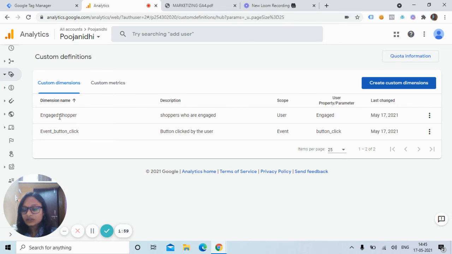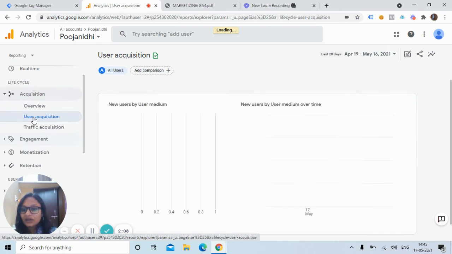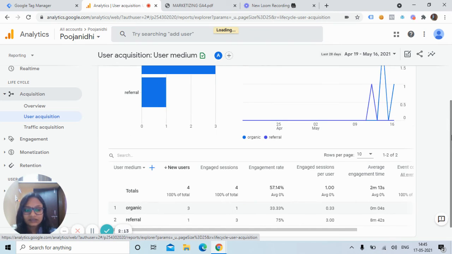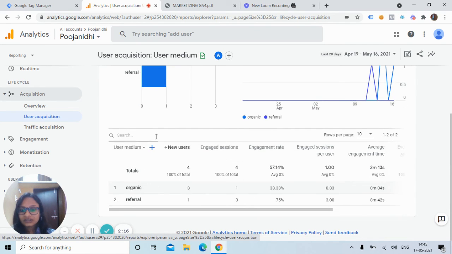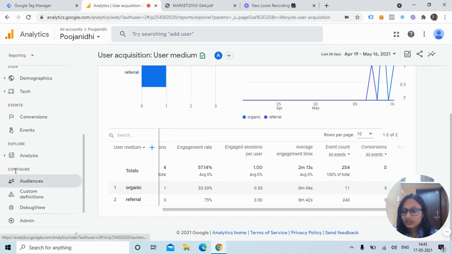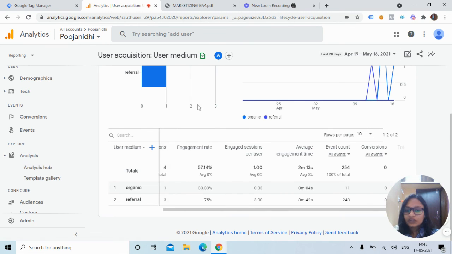So this dimension can further be used for our analysis, and it can be used in the add comparison section. As we have already mentioned, we can use it in the add comparison and compare our reports with this dimension being added along with it. So the custom dimension can be added as a secondary dimension into these data tables or reports, and also it can be added into the analysis hub reports, where we have the advanced reports to be created using several templates like the exploration and all. We would be discussing this in the later videos. So this is how we create the custom dimensions with user and the